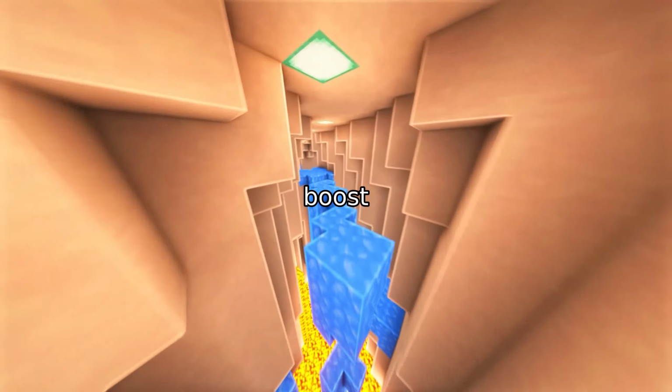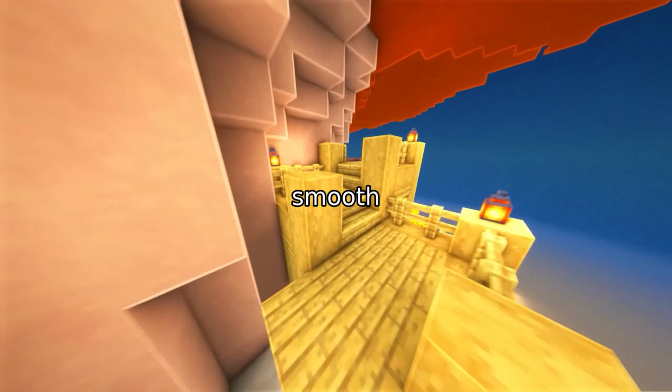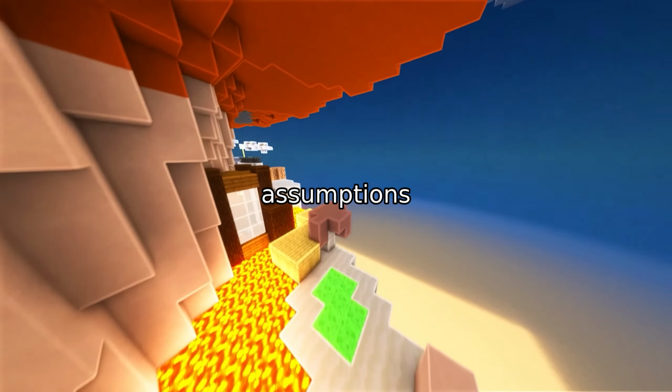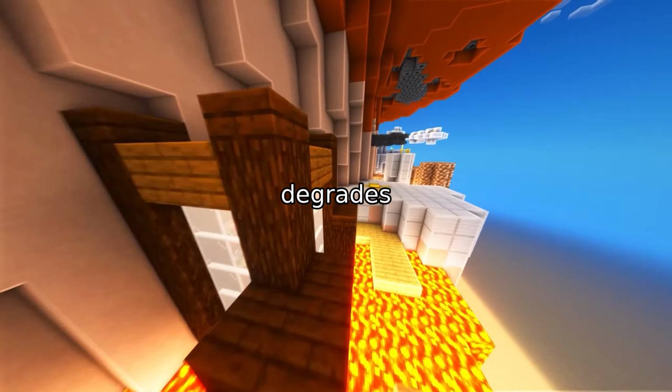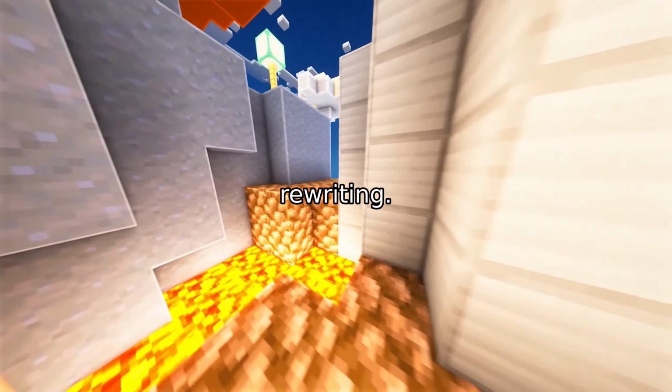Semi-supervised learning promises to boost performance with cheap, unlabeled data. But most methods quietly assume your data lives on a smooth manifold, or that decision boundaries pass through low-density regions. When those assumptions break, the inductive bias actually degrades performance below standard supervised learning. A more robust alternative is risk rewriting.